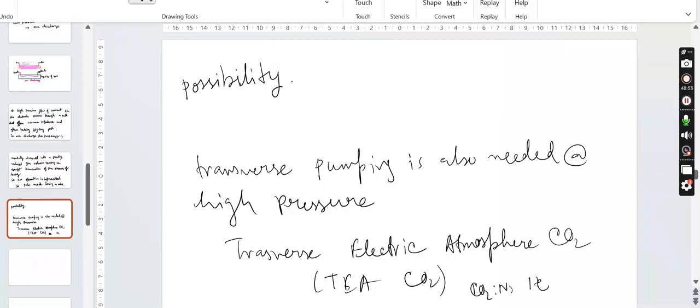Carbon dioxide, nitrogen, and helium are fed in 1:1:8 proportion. And the output we get